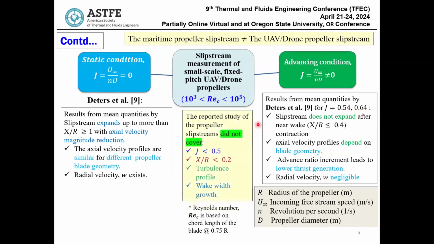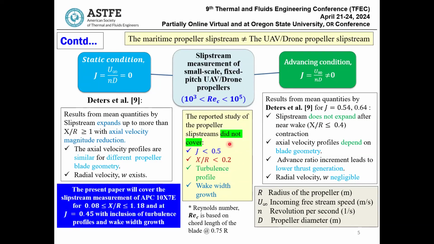But this study did not report lower advance ratios, since advance ratio increment leads to higher thrust in a different way. And also, they didn't measure the slipstream very near to the plane of rotation. And also, there is no report of the turbulence profile as well as wake width growth downstream of the plane of rotation. To tackle all this, I am here presenting my paper